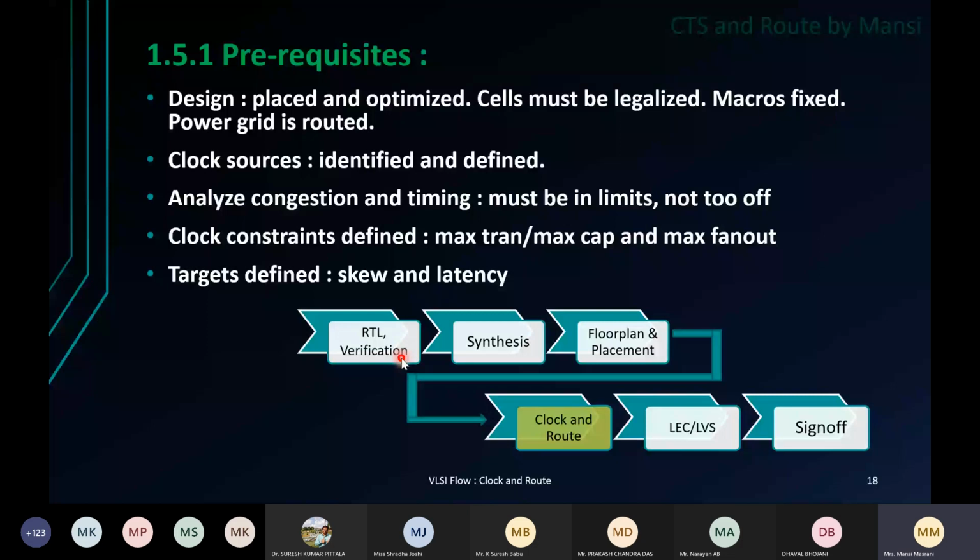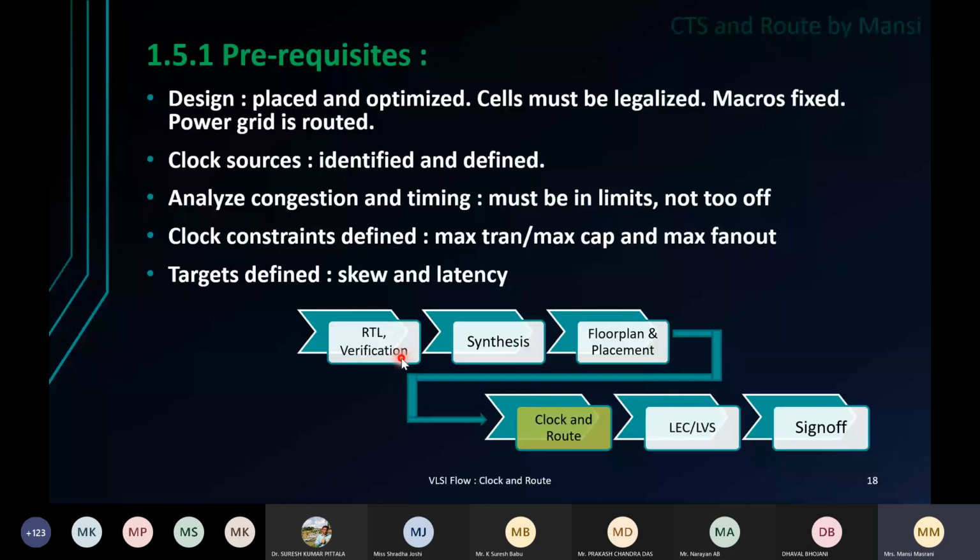So the design which comes after the placement should have a proper power grid, should have its macros placed, should have all the standard cells placed and legalized. What do you mean by legalized? That the location of the cells are